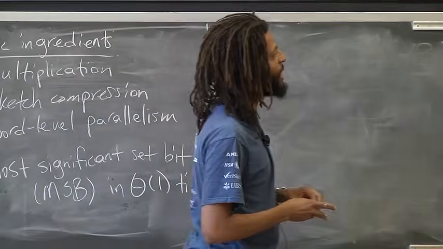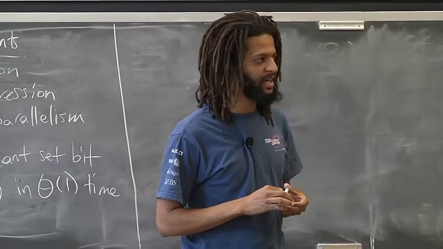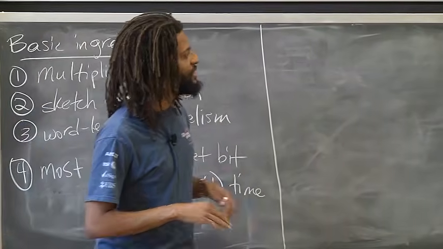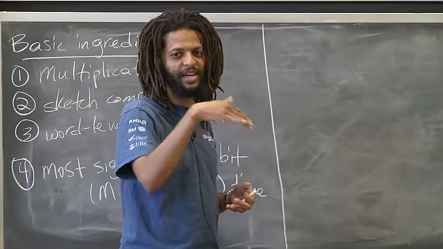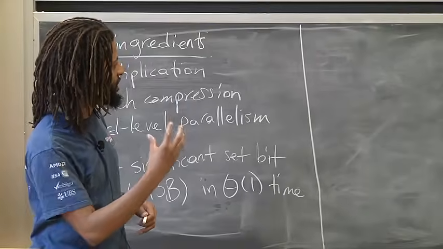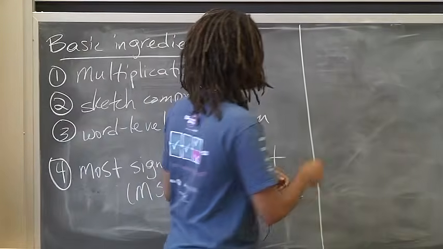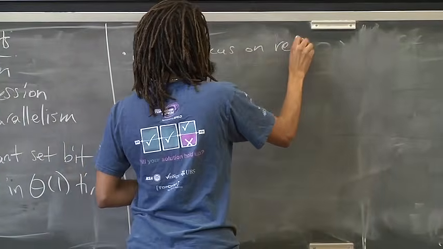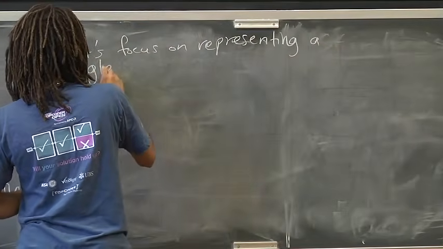Okay. So here's the basic idea. Remember that I'm not counting pre-processing time. This is a static data structure. I'm allowed to do whatever computation I want. So the first thing I'm going to do in the very beginning is just sort everything, and then build the tree with exactly k nodes per internal node. Now I know what the elements are in a particular node, and I want to figure out how to form that node to fit in a single word. So let's focus on representing a single Fusion Tree node.